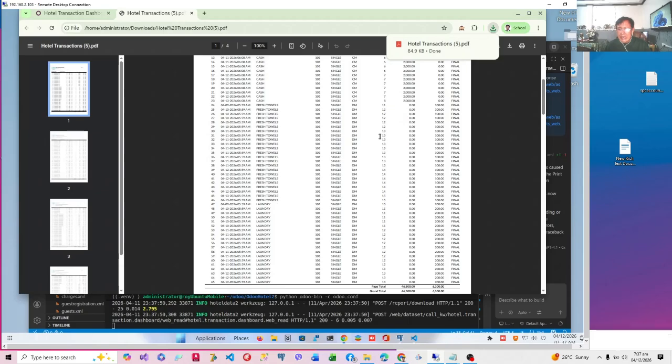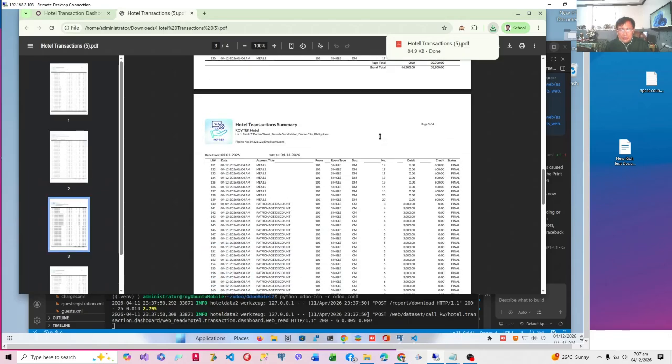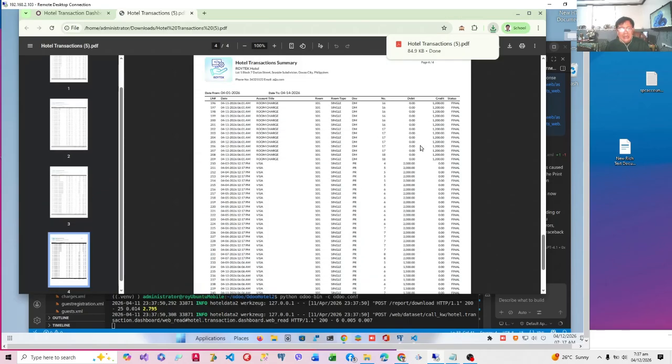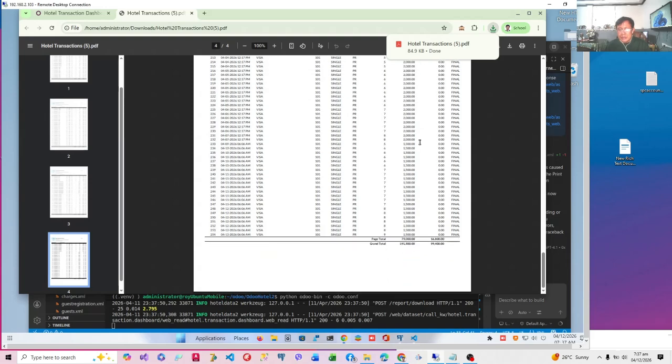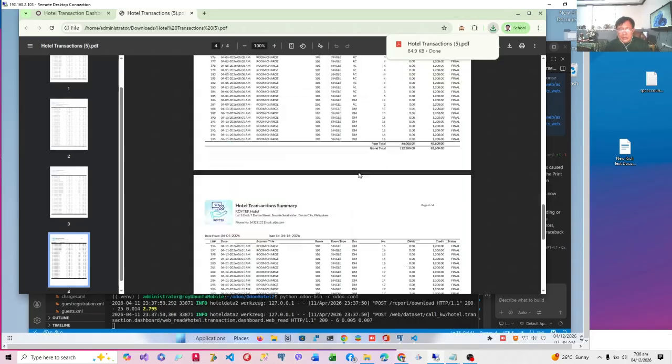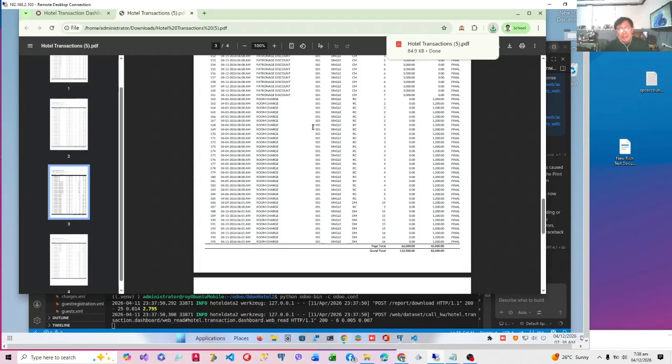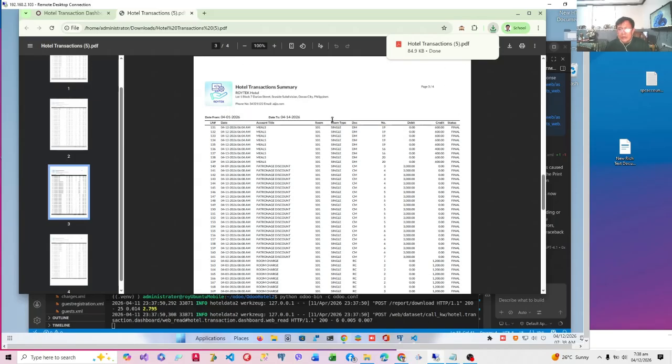so we had successfully created a report that uses an SQL statement. Very important in making reports because not all reports are created from Odoo models. You have to make queries in order to get the right columns and the right pieces of information needed by your user. No? I hope you follow.